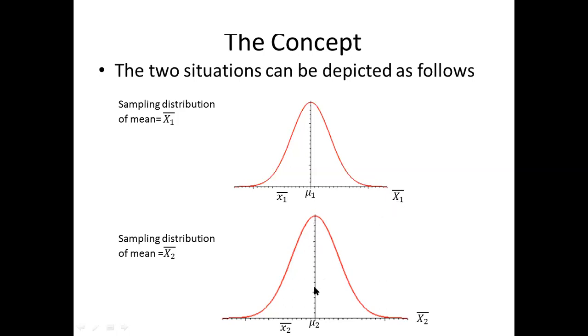Just like the previous case, in this case as well, the central value or the expected value of this x2 bar would be the mean of the population 2 indicated by mu2, as in the previous case it was mu1, which was the mean of the population 1. And again we say that there's some random sample x2 present over here for this second sampling distribution of mean, and we have some sample statistic x2 bar or the sample mean for it.